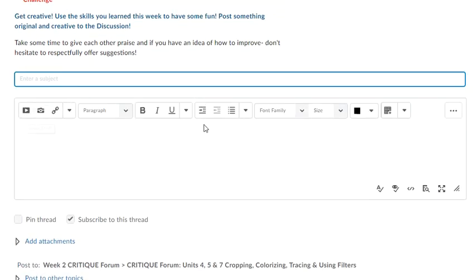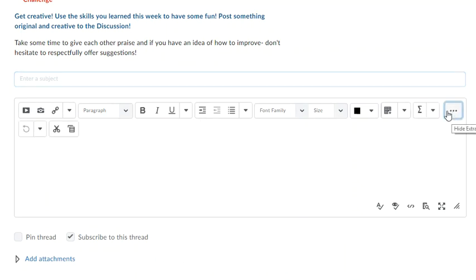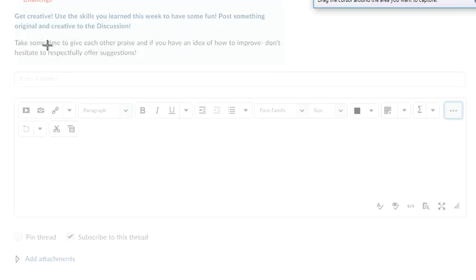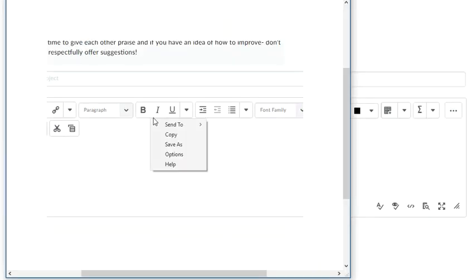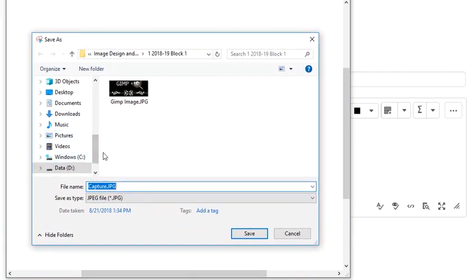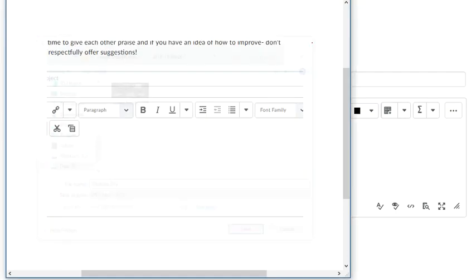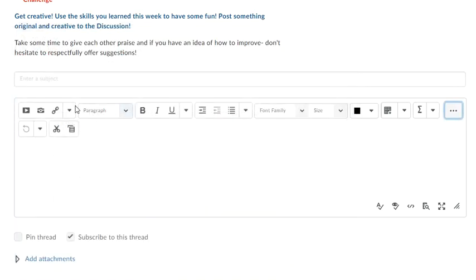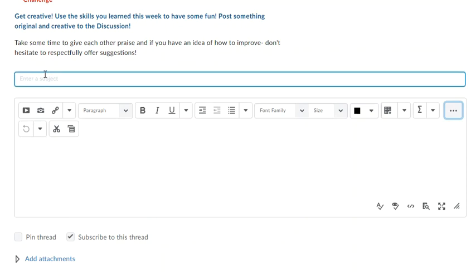and you can go ahead and upload a picture. So your work, you can just save an image of it. I use the snipping tool. Do you have the snipping tool? This is a pretty big one where you would just complete your work and take a little snip of it and then right click save as and put it in a folder. I recommend that you create an image design folder. Yeah, you can just take a snip of your work and then you can upload it here